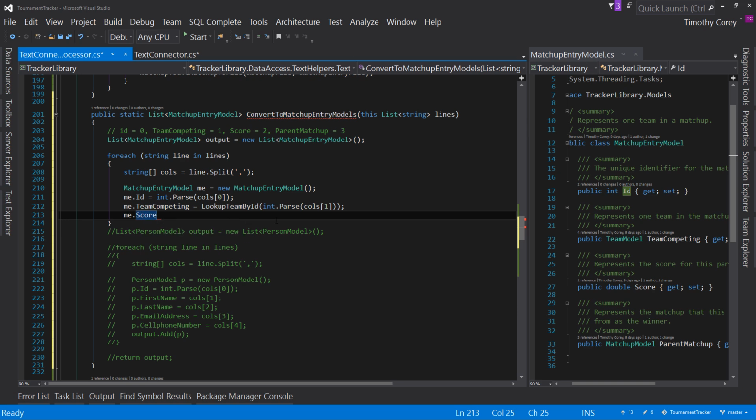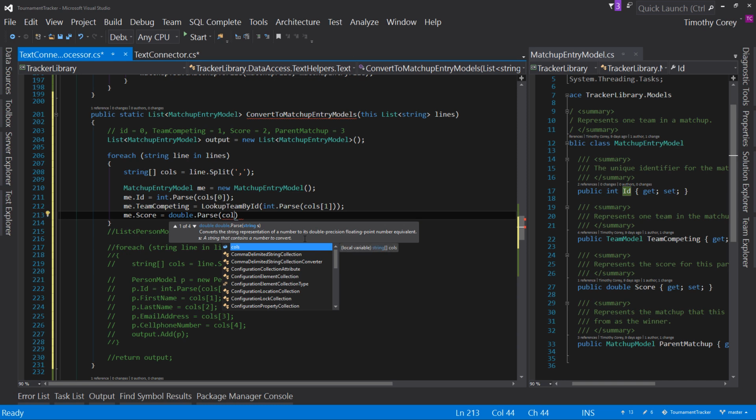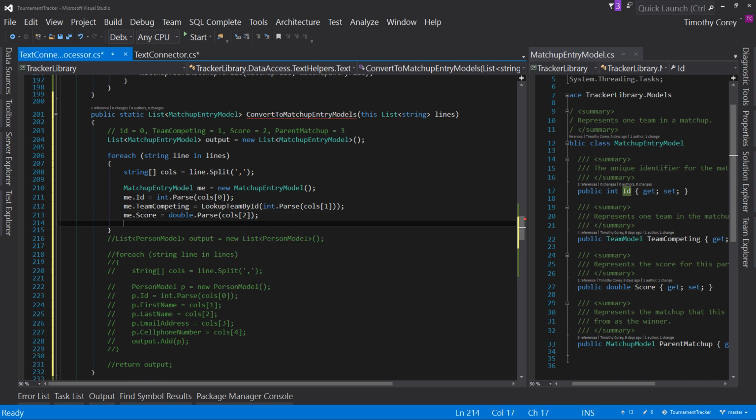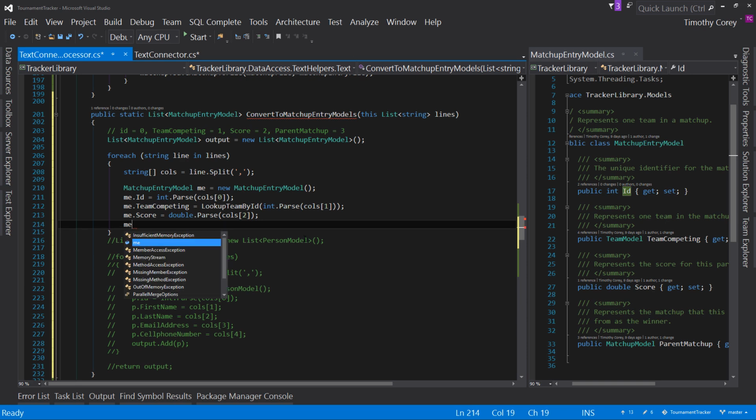ME.score, and score is an integer. Nope, it's a double. So therefore we say double.parse cols 2. And now finally we have ME.parent